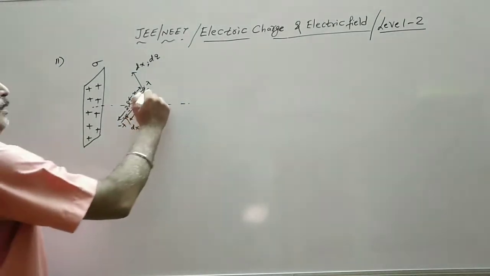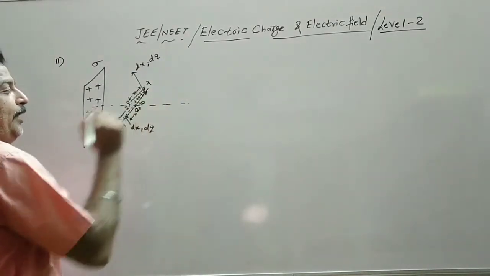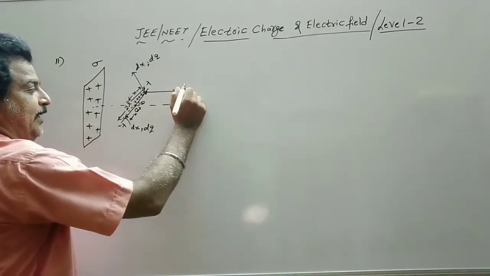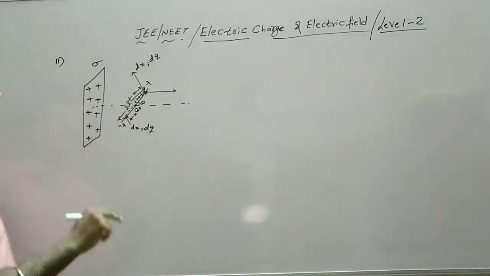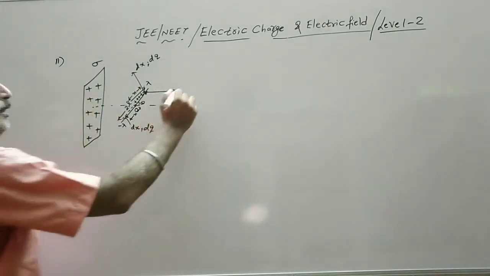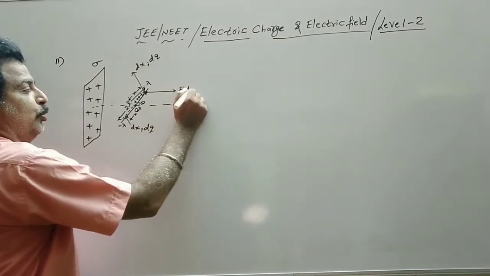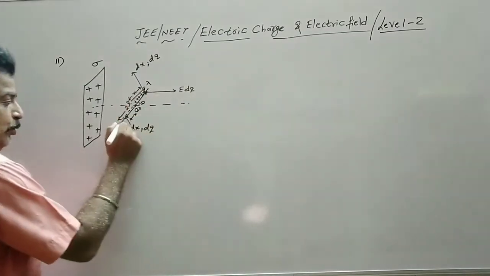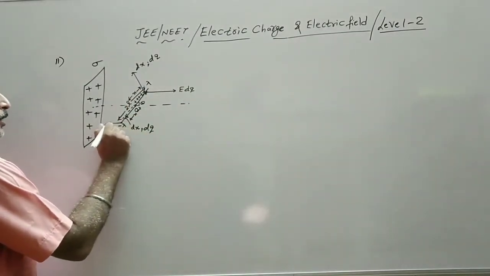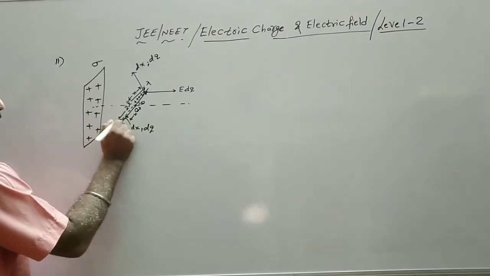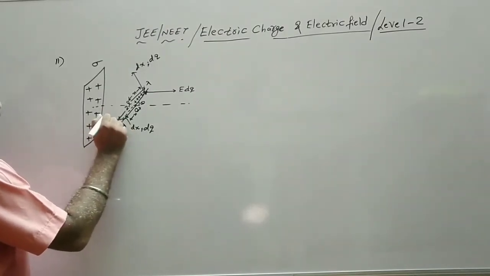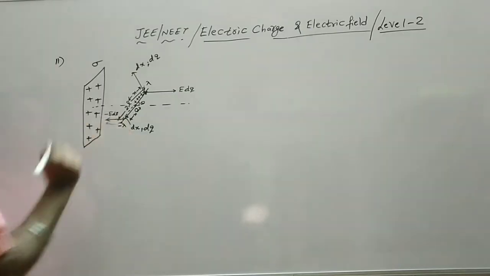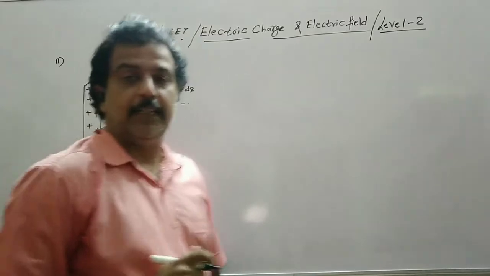Now the force acting on it: this is positively charged, the source is also positive. So the force acting is in terms of the electric field, E is the electric field of the source. So that becomes E into dq, that is Q into E, that is repulsive, and the force acting on this rod is minus E dq. So these are the forces acting on it.